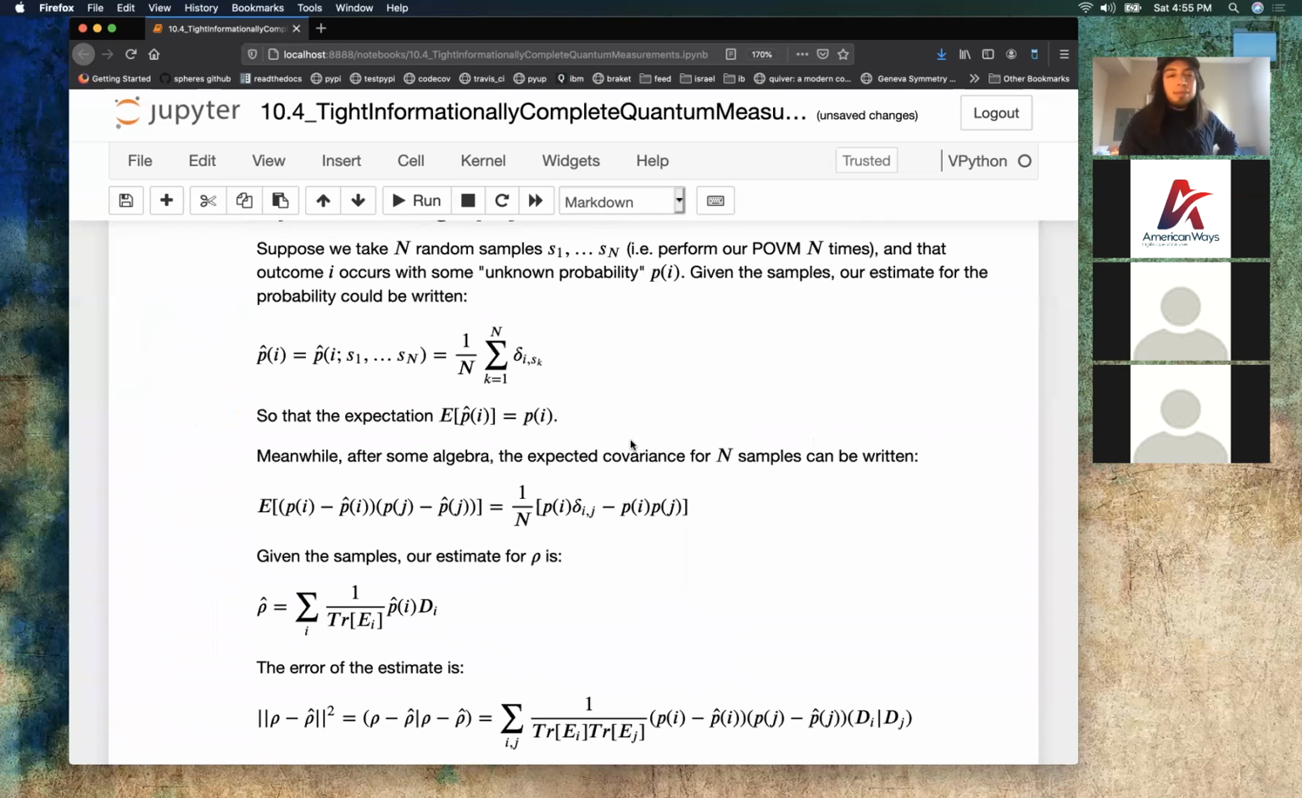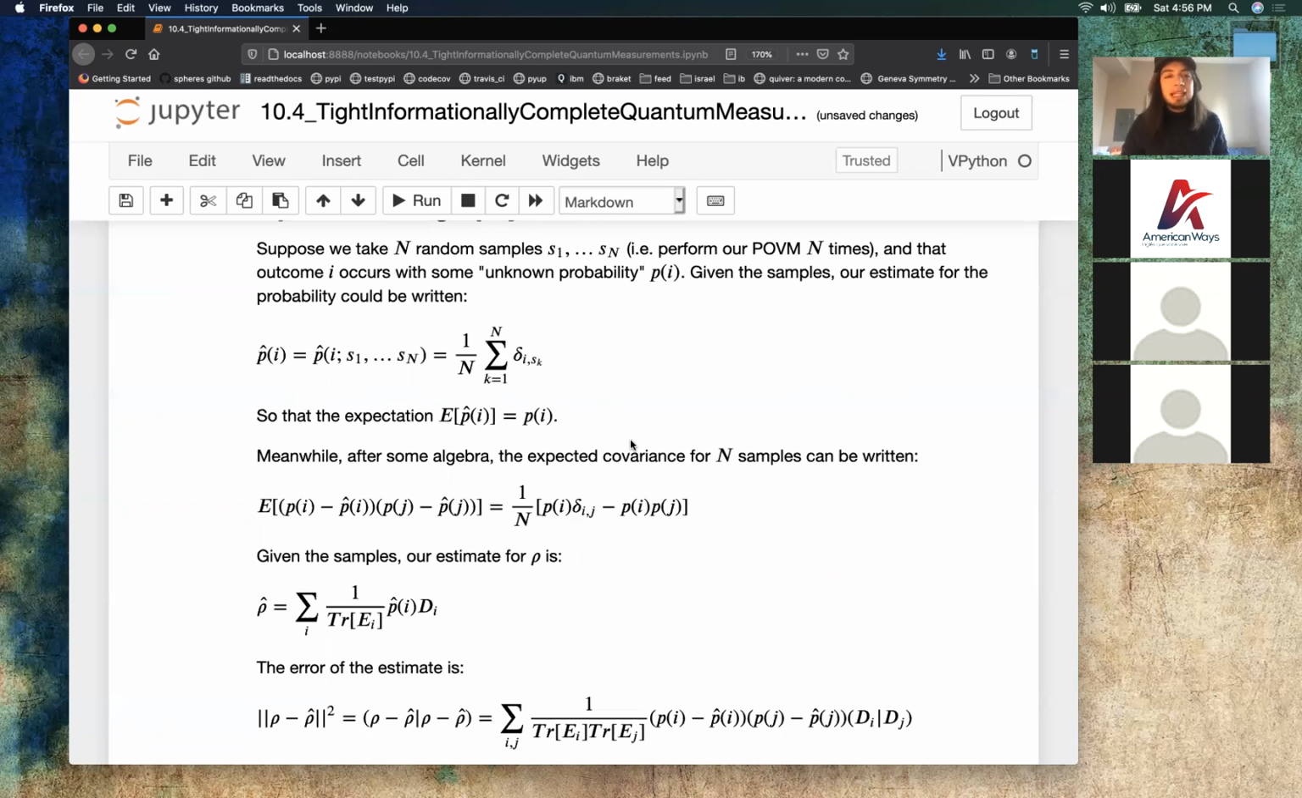So, all right, let's wrap up. The final little thing is just a gesture towards a proof that what makes these tight informationally complete POVMs great is that they're optimal for so-called linear state tomography, or state reconstruction. So I won't dwell too much on this,